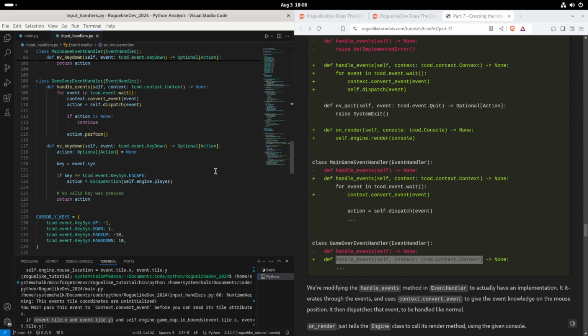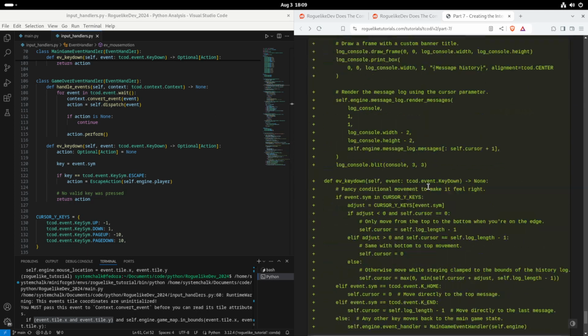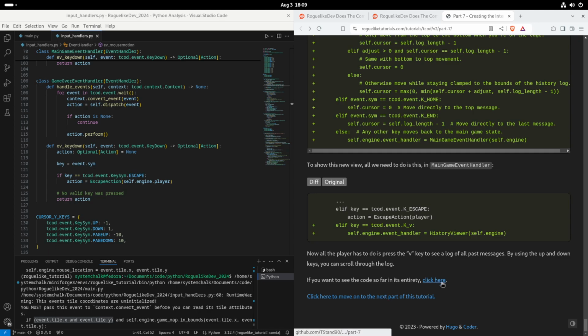I originally wanted to say, okay, well, maybe I was just rushed in terms of my implementation. That's an easy mistake to make, especially because it doesn't crash the game. It just gives you a warning at a time when you would quit out of the game anyway. But that was the time when I took a look and I thought, well, okay, there might be something else going on here, because clearly there was a change already made to game over event handler. In fact, it puts the context inside of handle events, and it quite notably avoids adding that particular line. And then if you take a look at the code in the section here,